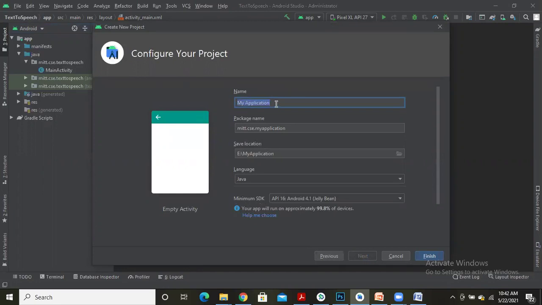So let me give it as text to speech app. The default package name and the location where the project is going to reside has been shown to you. The language which I had selected for developing the application is Java with minimum SDK Android 4.1, which is Jelly Bean. Now click on Finish.